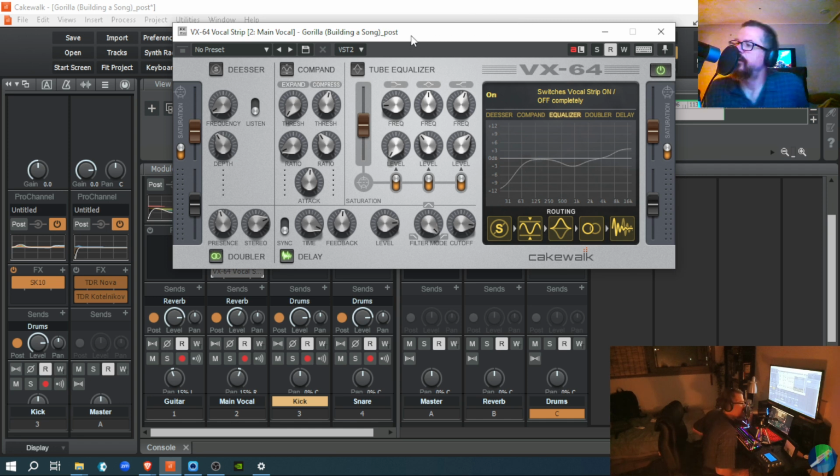Now, this is native to Cakewalk. You can see it's got Cakewalk on the panel here. After you install Cakewalk, it doesn't come up in your plugin menu. You have to go in under the hood of Cakewalk and make it available. It's not complicated or anything, but you have to know how to do it. I'm not going to do it in this tutorial, but